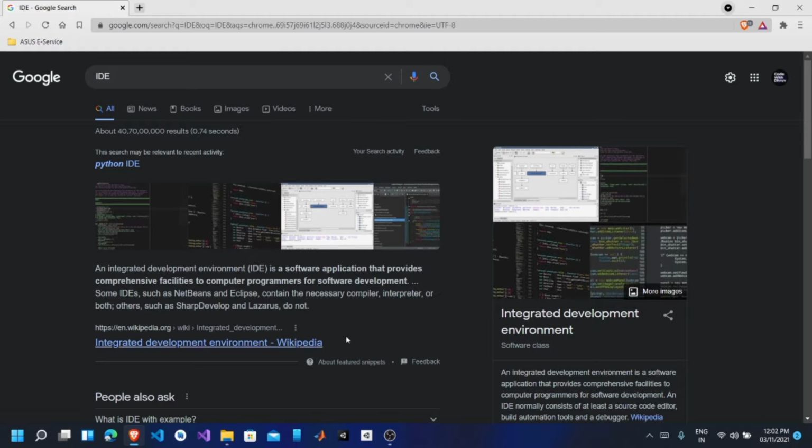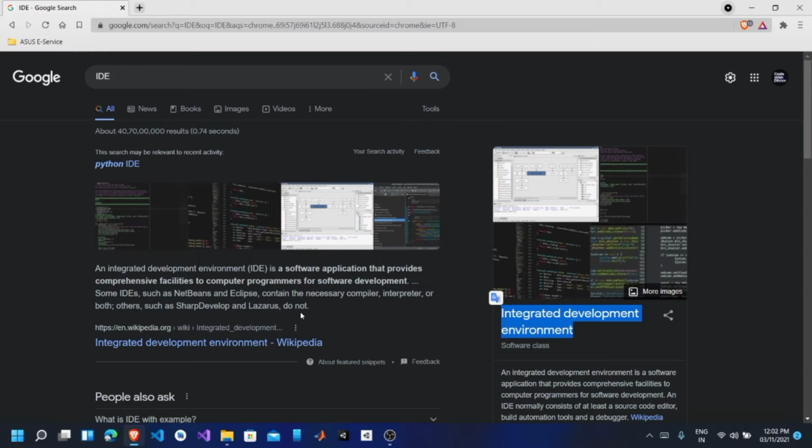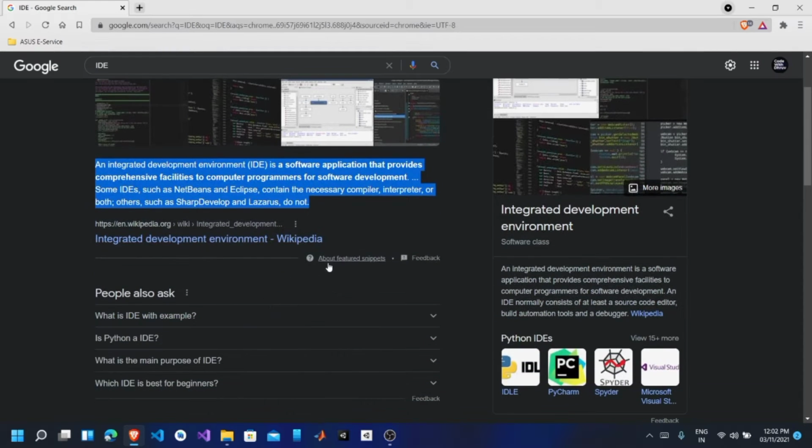So first of all, what is this IDE? If you search on Google, it will say that it is an integrated development environment. What does it mean? It means that an IDE is a software which will give you an interactive user experience in which you can easily write code without any problem. It has a lot of options like auto correct and auto complete, the code in a for loop is in a different color, the variable name is in a different color, themes, and lots more stuff. You can customize the font and all of this.